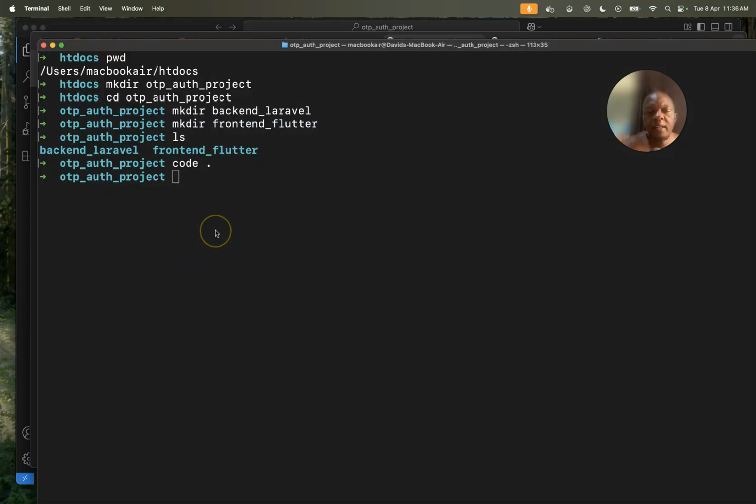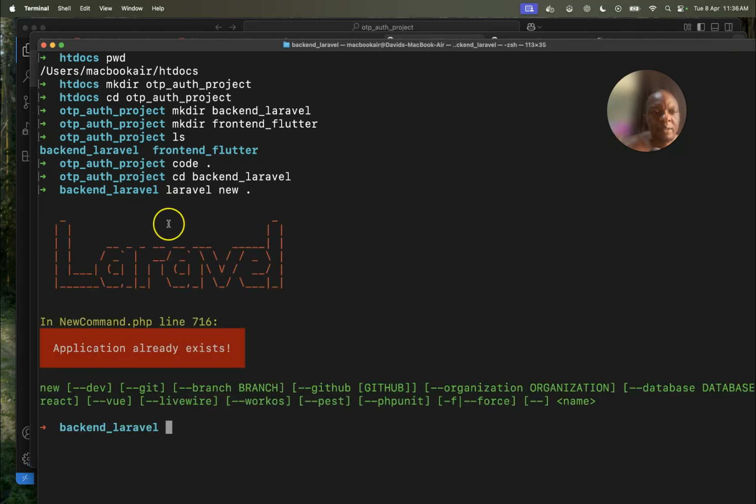So we're going to install Laravel. There are two ways to do that. So first of all, I'm going to cd into backend Laravel. I'm inside the folder now. So I'll run the command to install Laravel. The command is laravel new dot, and as long as you have internet service,